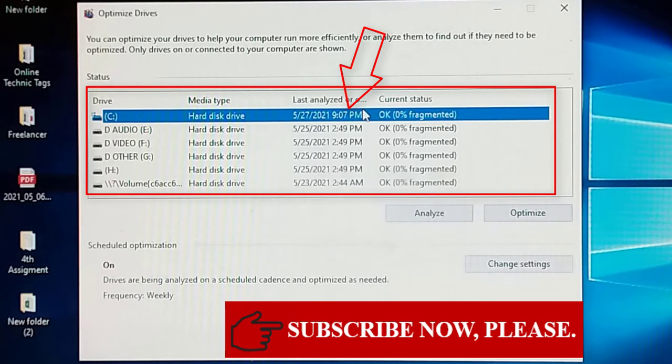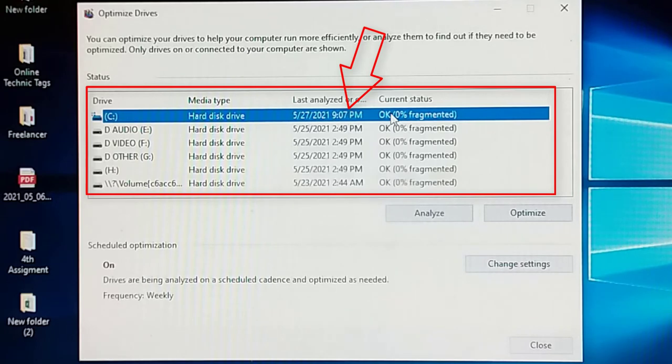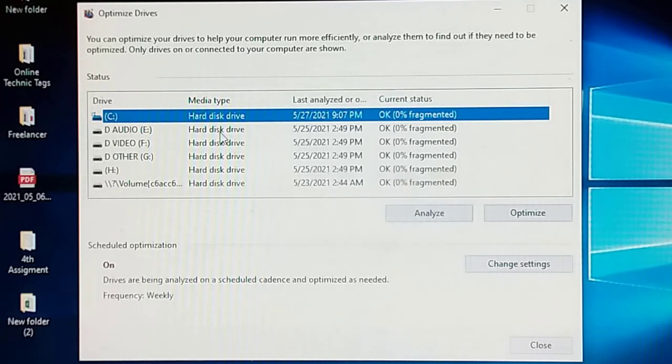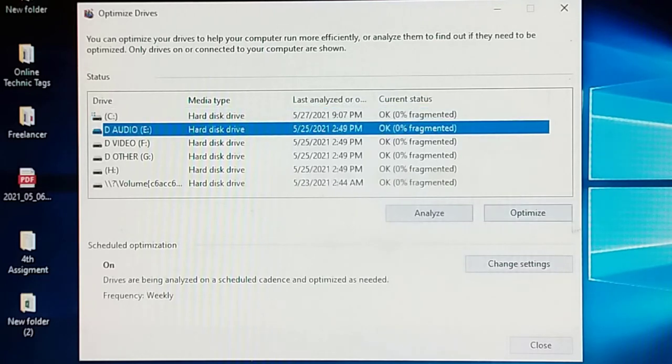Dear viewers, this drive takes a little longer to optimize. In this way, you can optimize all the drives.